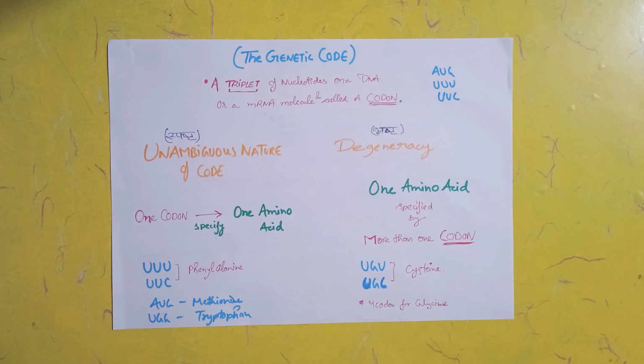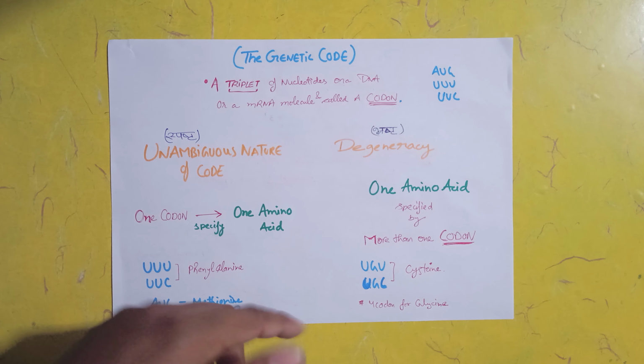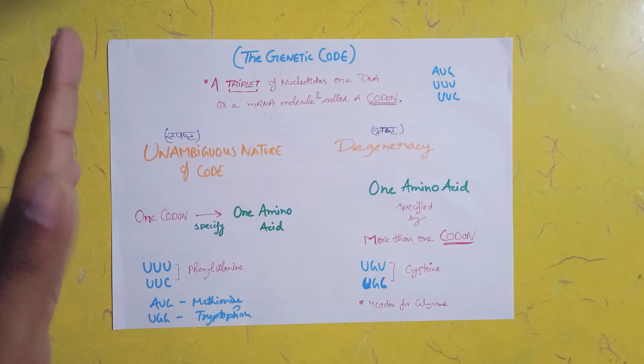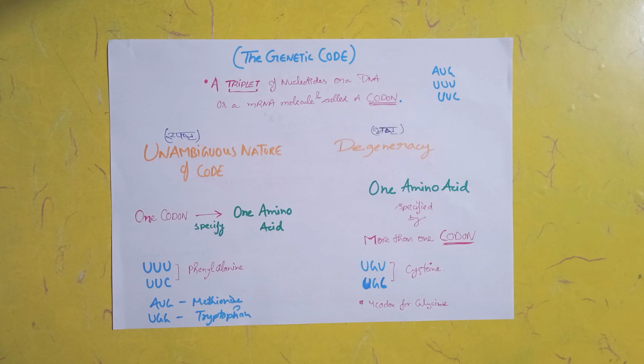So in order to summarize the whole concept, the things that we have discussed is that genetic code is a triplet of nucleotides, whether present on DNA or mRNA. They are called codons. There are several properties of genetic code. Two of them are the most confusing ones. First, the unambiguous nature of the code, and second, the degeneracy of the code. Can be understood by taking the literal Hindi meanings. Like unambiguous means स्पष्टता. स्पष्टता का अर्थ एक codon एक ही amino acid को specify करेगा. For example, UUU specifies phenylalanine. It will not specify any other amino acid.